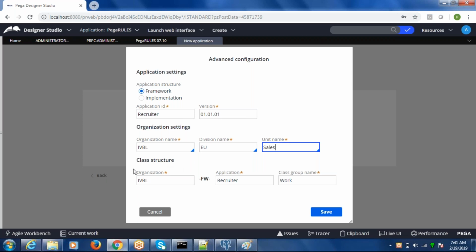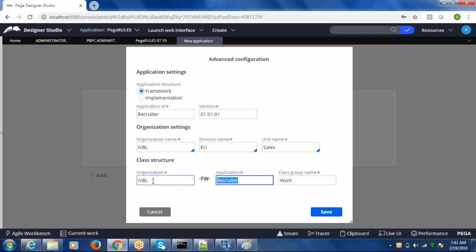Below this, you can see the class structure which is created. Since we have selected the framework, it is appending FW in between the organization and the application name which we provided. Whatever the application ID that we specified, that is something which comes while the class structure is created. It's not like Java where the class will have only one single name.